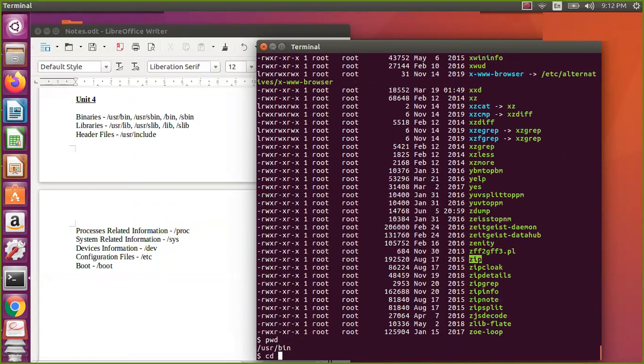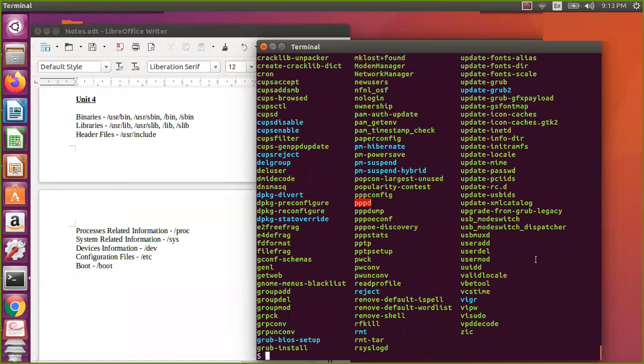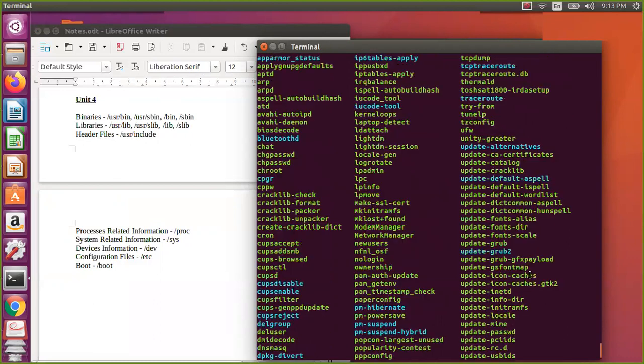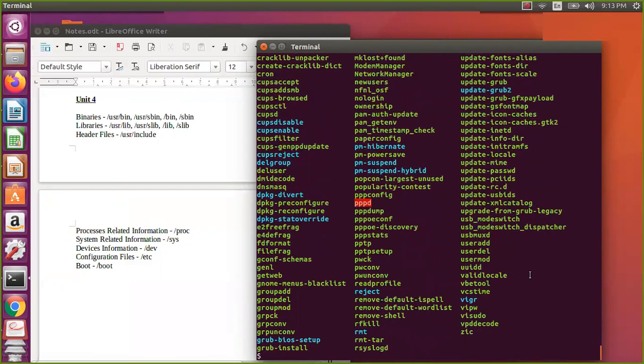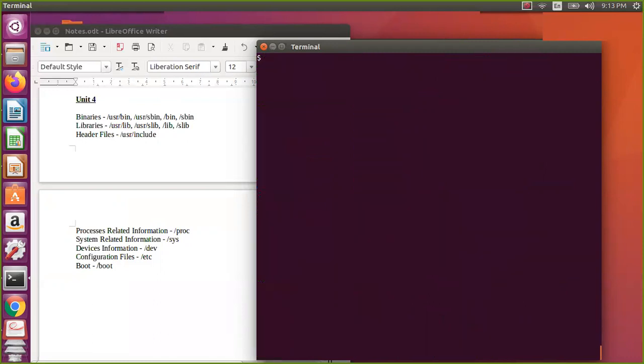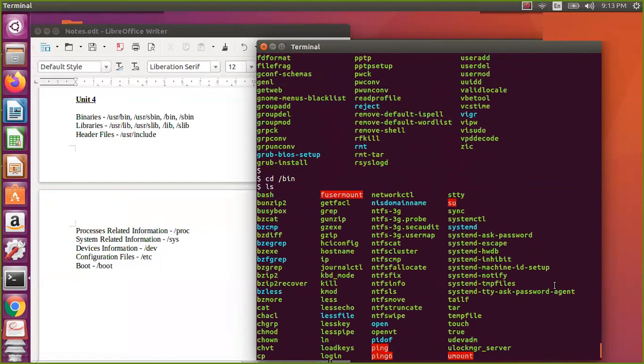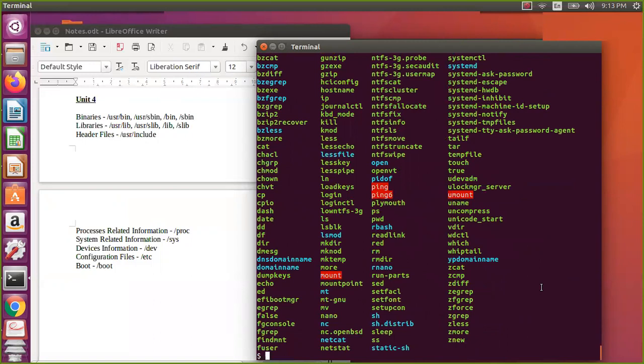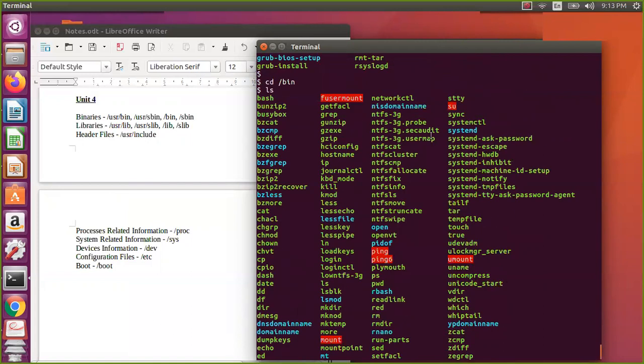You can also check /usr/sbin. Now if you see here, there are multiple commands, so you need to explore which commands are needed. There may be around 2000 commands on the whole, but you may not need all of them, so explore whatever is needed. This is just for an idea, a glance, on how to find where particular binaries are available. This is whatever we have in bin.